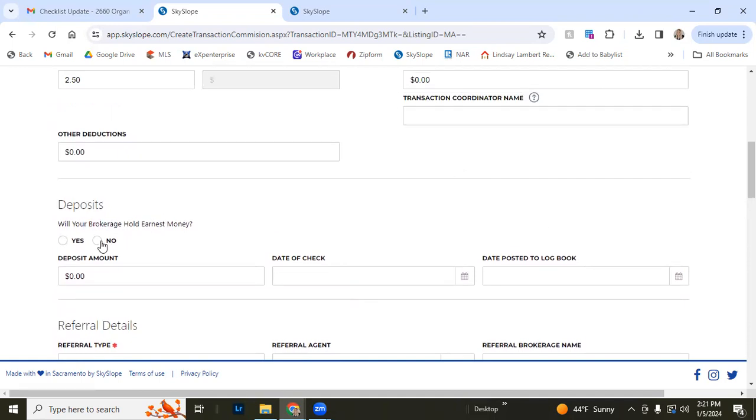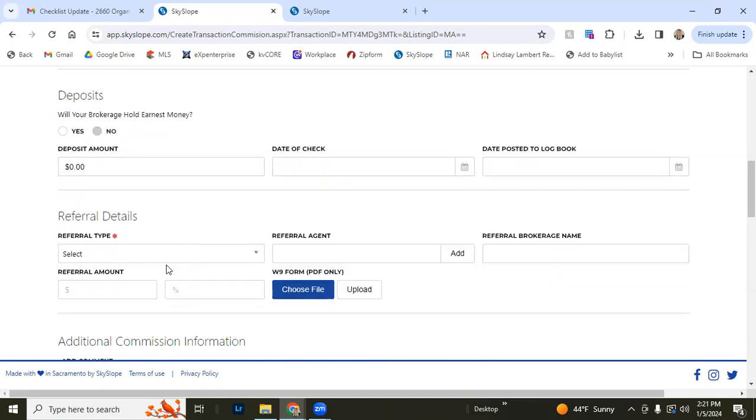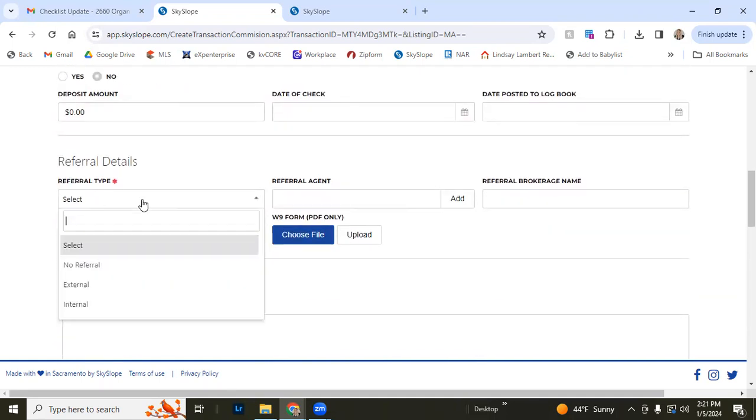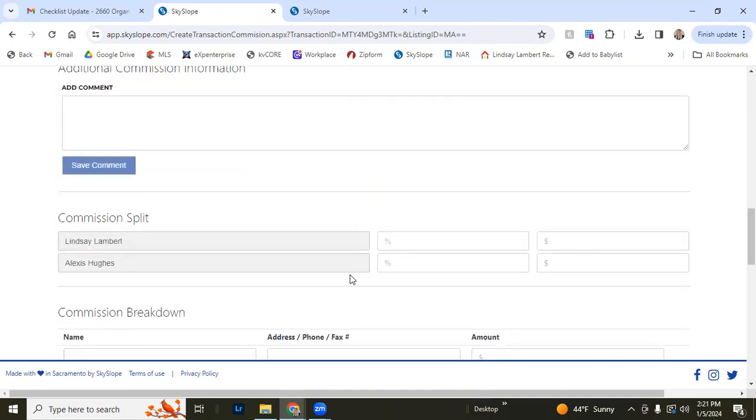And then down here, you answer some questions. Will your brokerage hold earnest money? The answer is always no in North Carolina. Referral type. So as you can see here, the way that this is entered